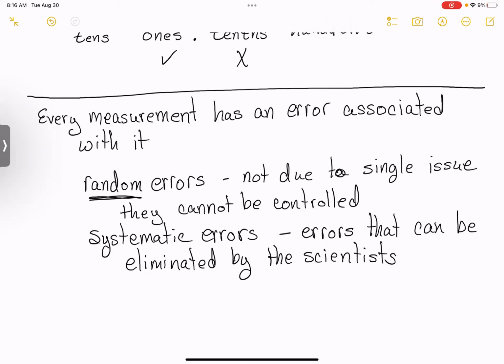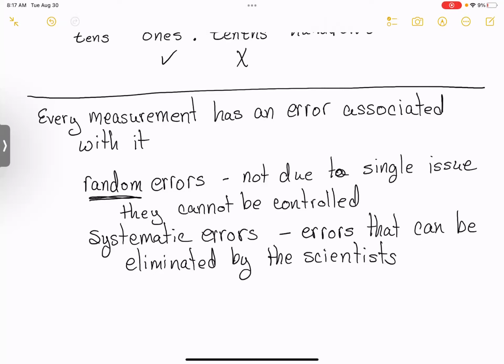Random errors include things such as electrical fluctuations. You can't control the electricity that comes into the building. So when it hits those balances, there's a chance that you're going to have electrical fluctuations, and it's due to the electricity coming into the balance. Now, if your fluctuations occur due to not having that glass lid on, that's your fault. Or leaning against the table, that's your fault. But as long as it's due to electricity, that's something you couldn't control.